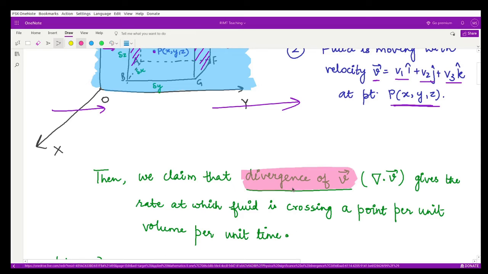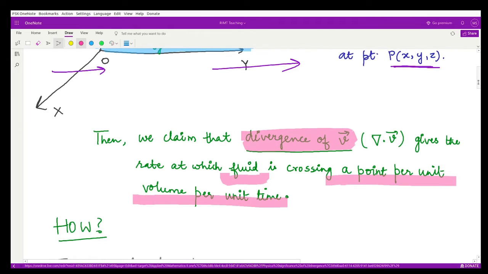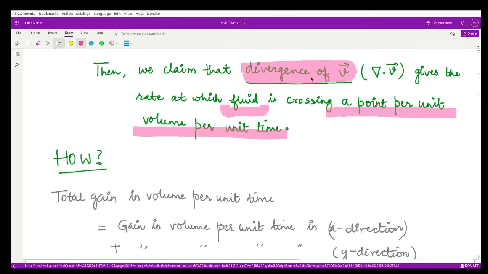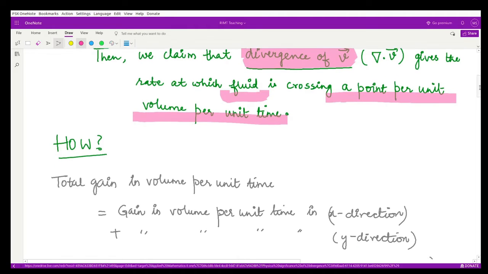So this is what divergence actually tells you: how much fluid is crossing a particular point per unit time and per unit volume. Let us see how this is happening. In order to determine this divergence, since I am claiming it is the rate at which fluid is crossing a point per unit volume per unit time,